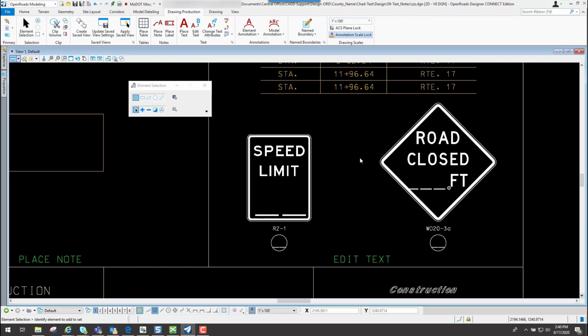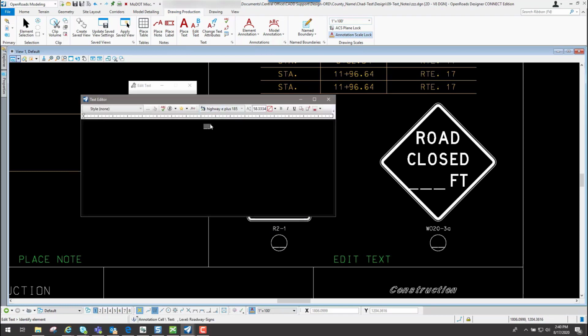So you don't simply come out here and place text inside of here, and then later on you've got to move the cell, and then you've got to move the text. If you use the Edit Text tool, you can actually edit that data field and it all stays intact. So now if I go back to my Edit Text and I select just somewhere up above this data field,